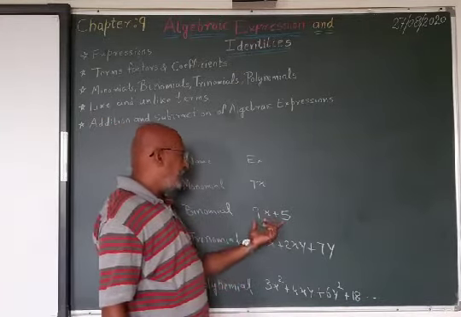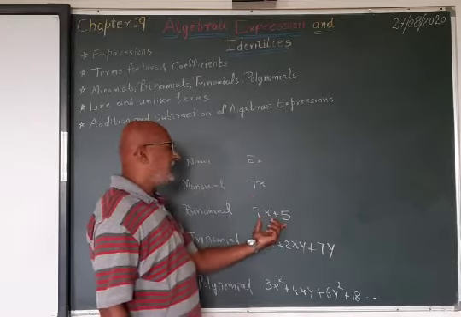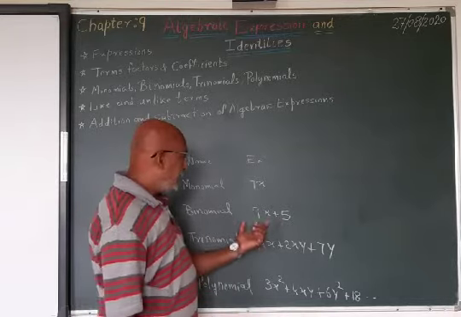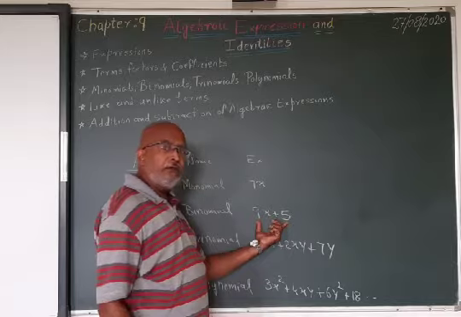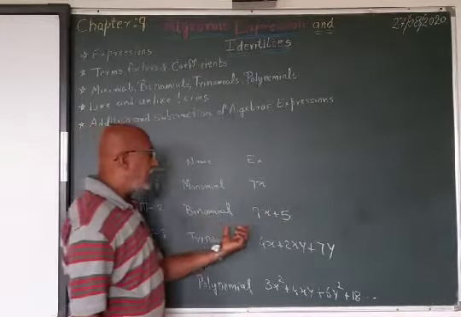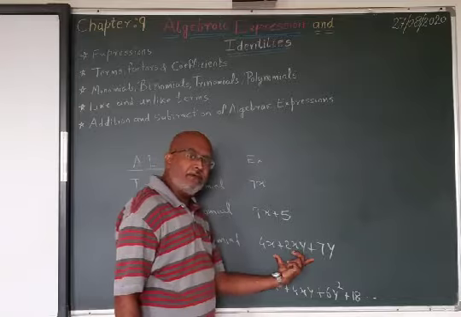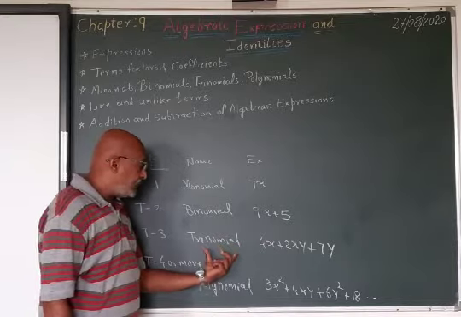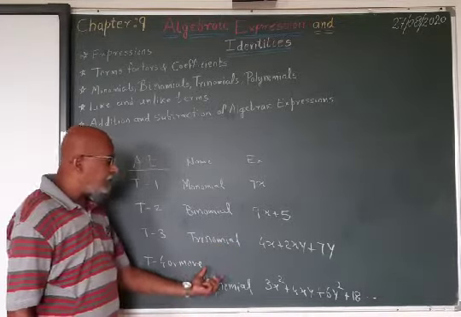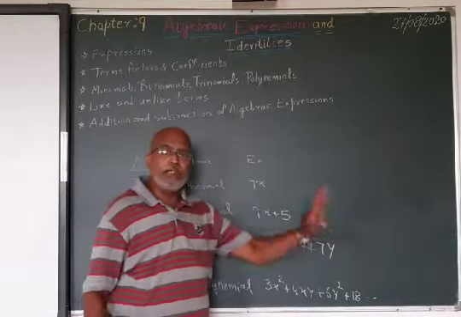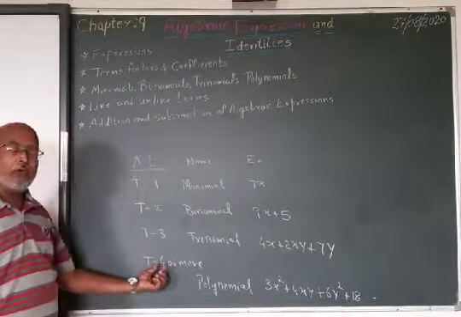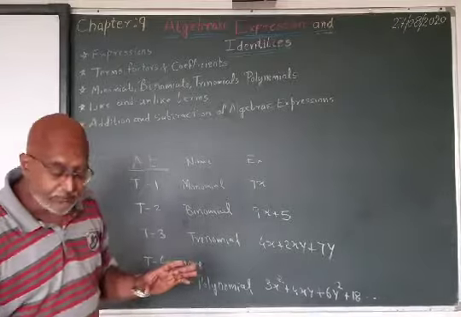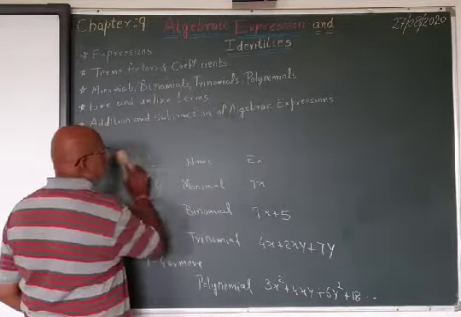Or simply to say, an algebraic expression in which we have 2 or more than 2 terms is a polynomial. The algebraic expression with only 2 terms is specially called binomial. With only 3 terms, it is specially called trinomial. But an algebraic expression with 4 or more terms is commonly called polynomial. There is no separate name for 4-term algebraic expressions. Got it clear? You have to remember this. This is a very important part.